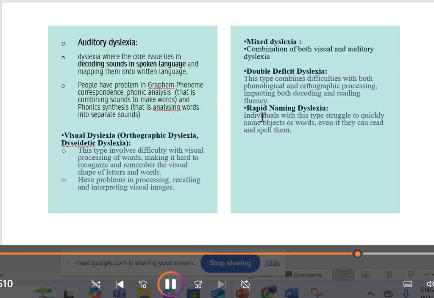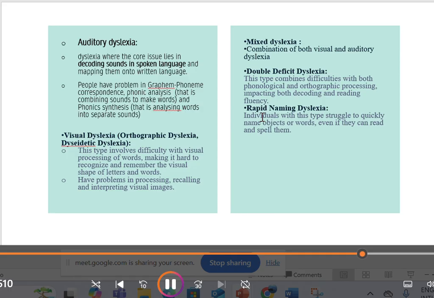The difference is not perceived visually. Written language, visual shapes and letters are not being properly processed. The difficulty in analyzing or processing these visual things is known as visual dyslexia. Now, mixed dyslexia is the combination of both auditory dyslexia and visual dyslexia. I am not able to properly perceive the grapheme-phoneme difference. At the same time, I am not able to visually understand the difference between two letters. This is known as mixed dyslexia.